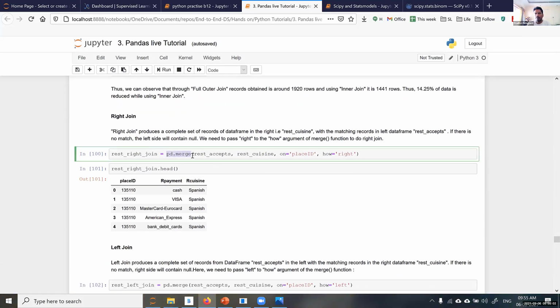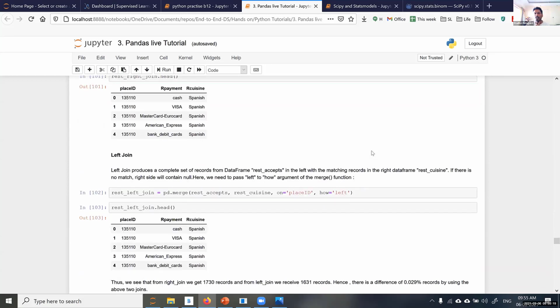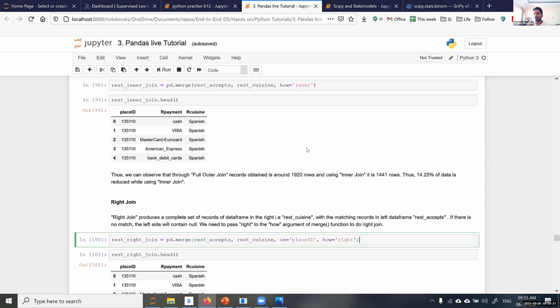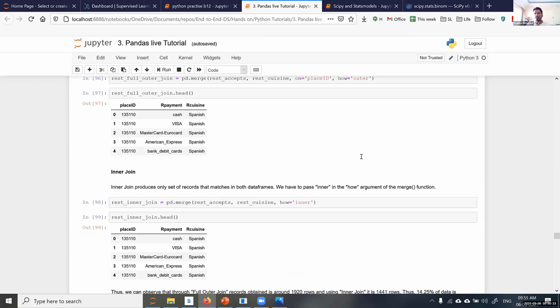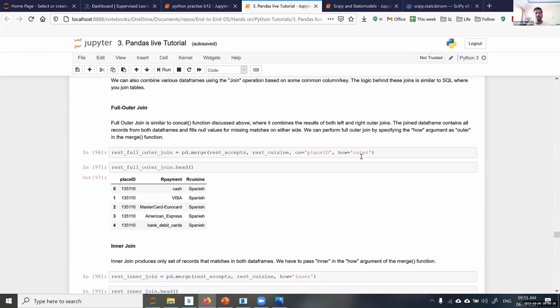pd.merge, the code is the same, left data frame is the same, right data frame is the same. On is nothing but you're mentioning which user ID. We are merging here on user ID. How is equal to right. What I explained is this part. How is equal to right happens, how is equal to left, how is equal to inner, how is equal to outer. What really happens in this is that